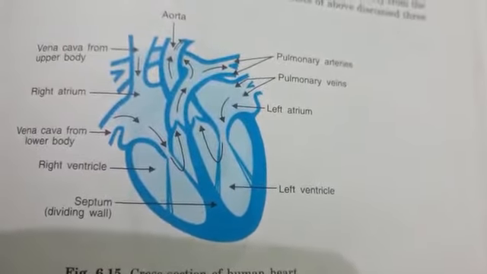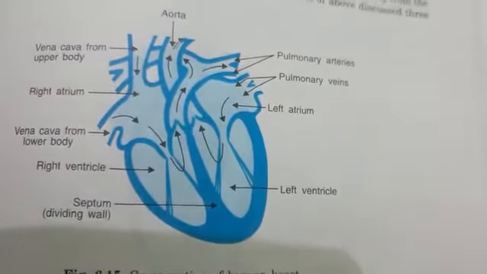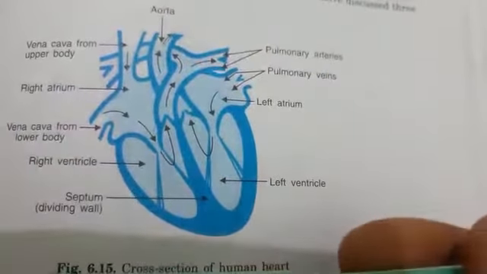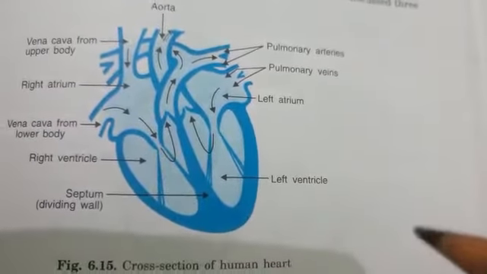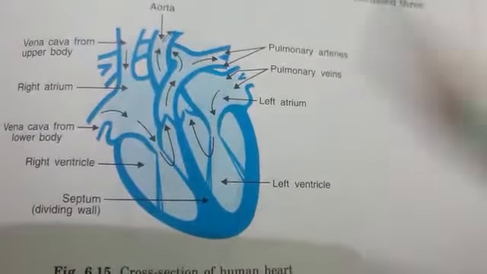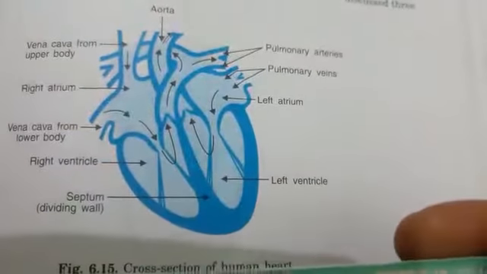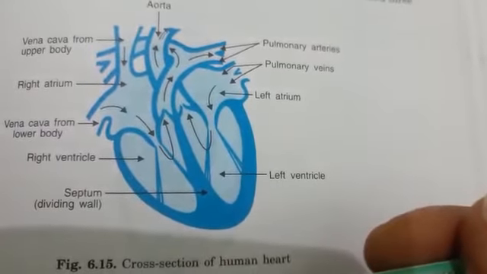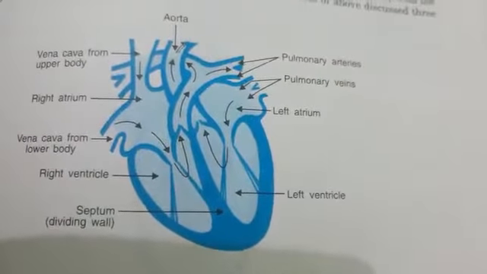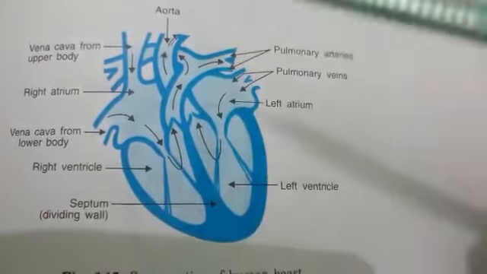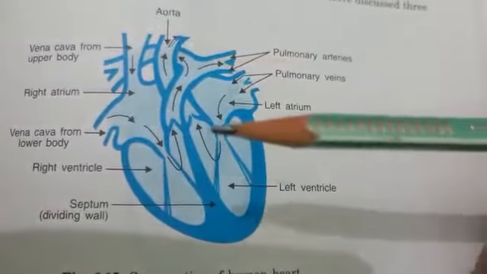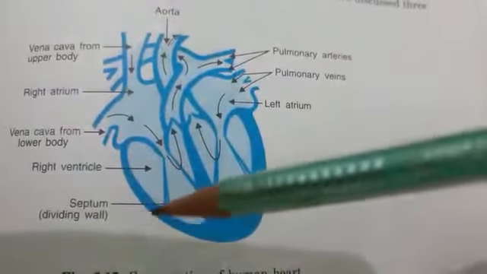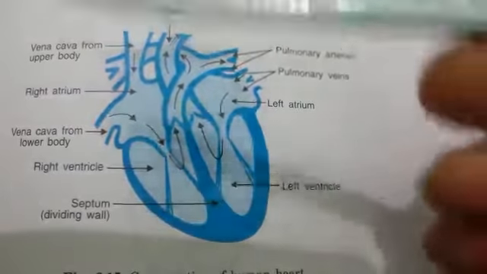Heart receives two types of blood in different chambers. One is oxygenated blood. Oxygenated blood, we can say, is oxygen rich blood or pure blood. And another type of blood is called impure blood or deoxygenated blood, which is full of CO2. The heart receives deoxygenated blood from different parts of the body and pumps this blood into the lungs.